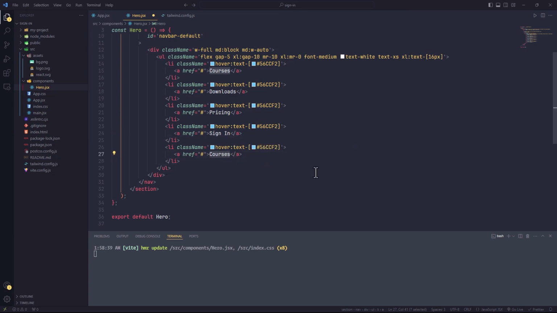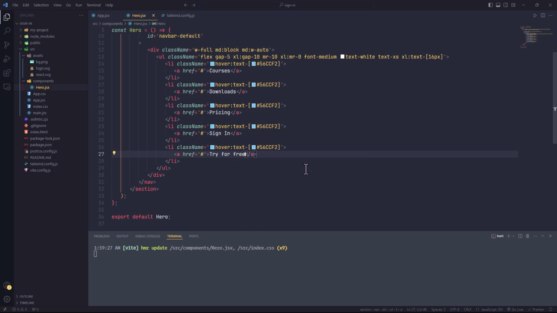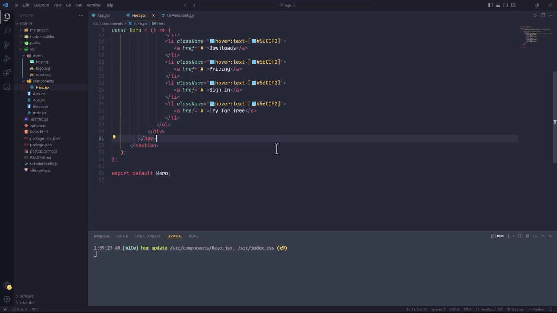And the last one is going to be a button. We'll say try for free. Now the last one will have some extra class name. Let's delete it first. We'll make it a button. So let's not do that. Let's give it the anchor tag, class name of bg,